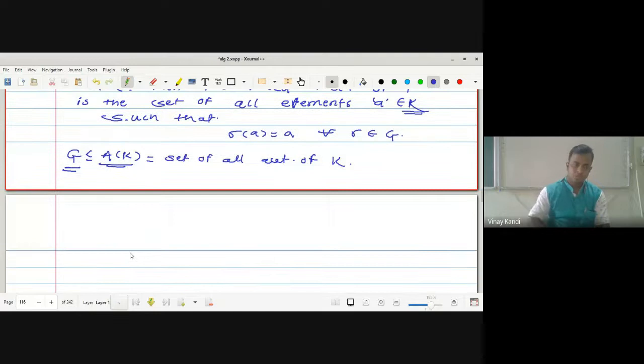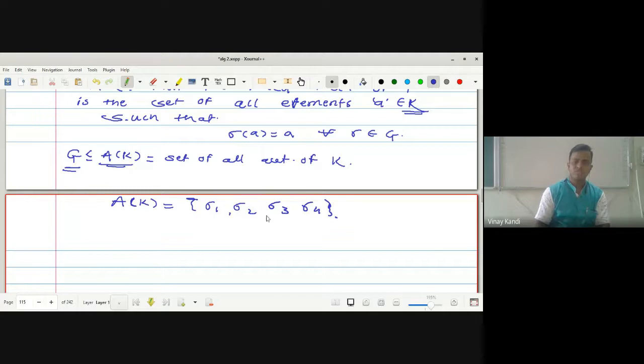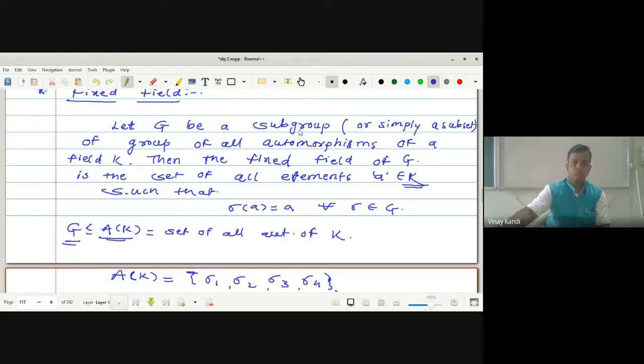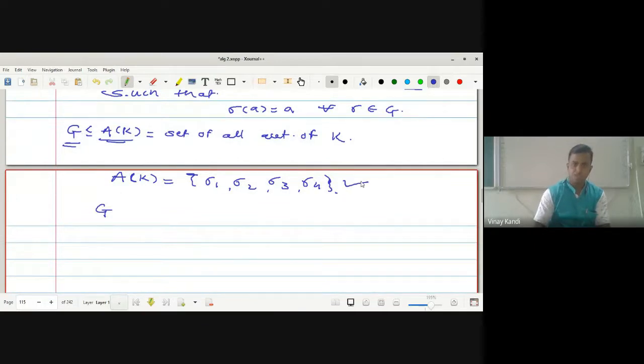Suppose there are four elements in A of K: sigma 1, sigma 2, sigma 3, sigma 4. These are four functions, that is, four automorphisms on the field K. What is G? G is a subgroup of the group of automorphisms. We just proved that this set is a group. Let G be the subgroup. The subgroup could be A of K itself,